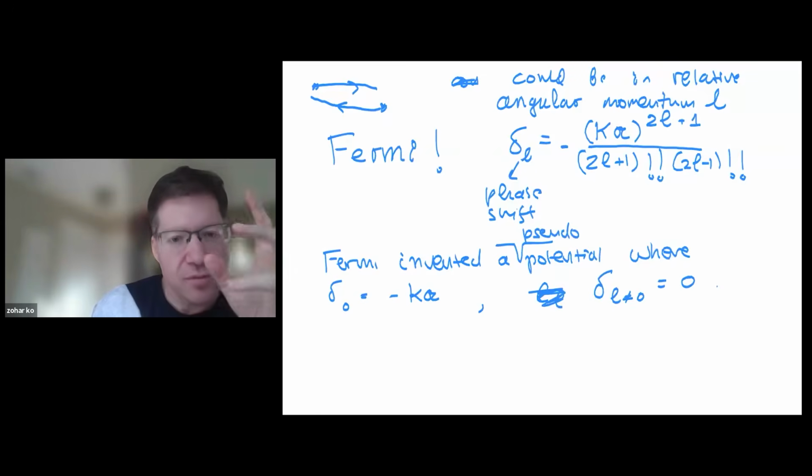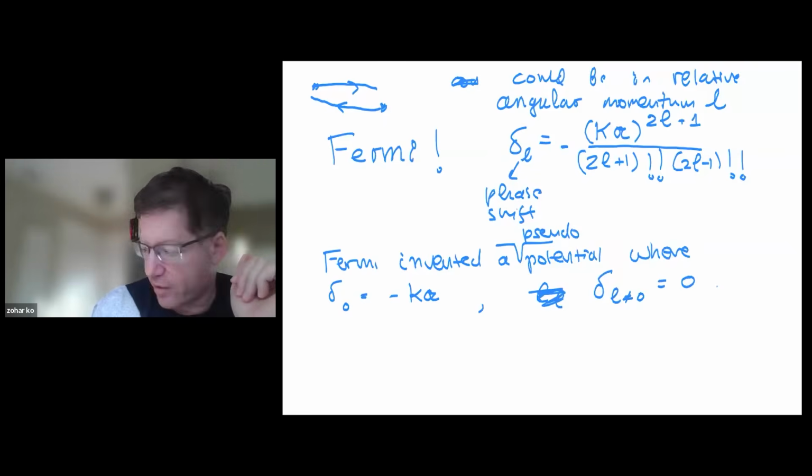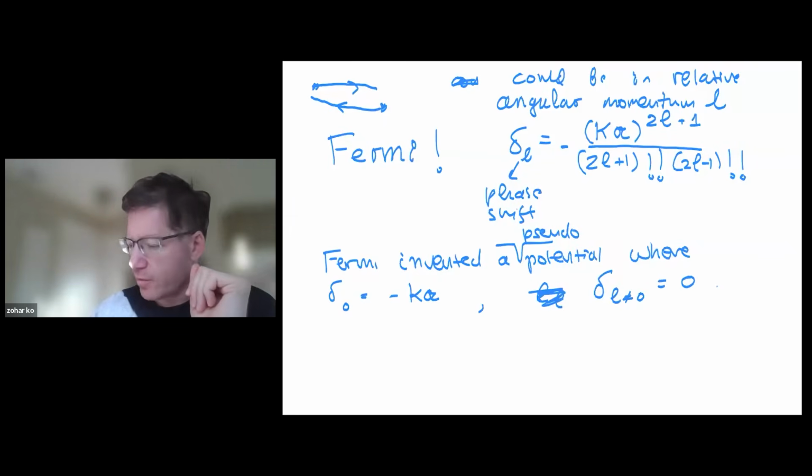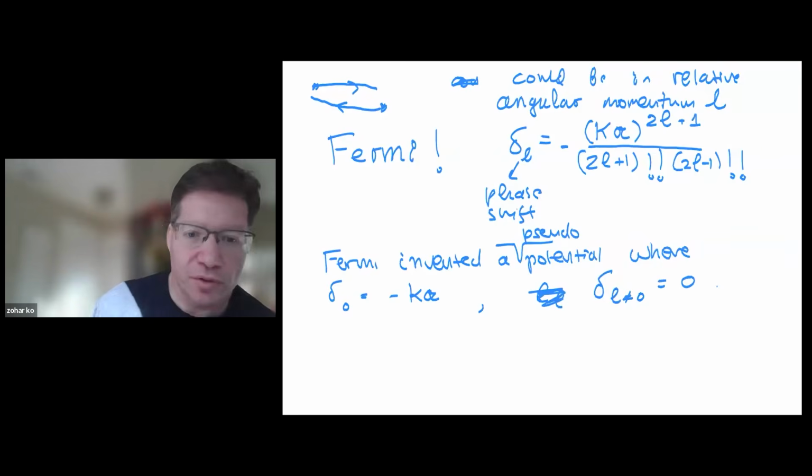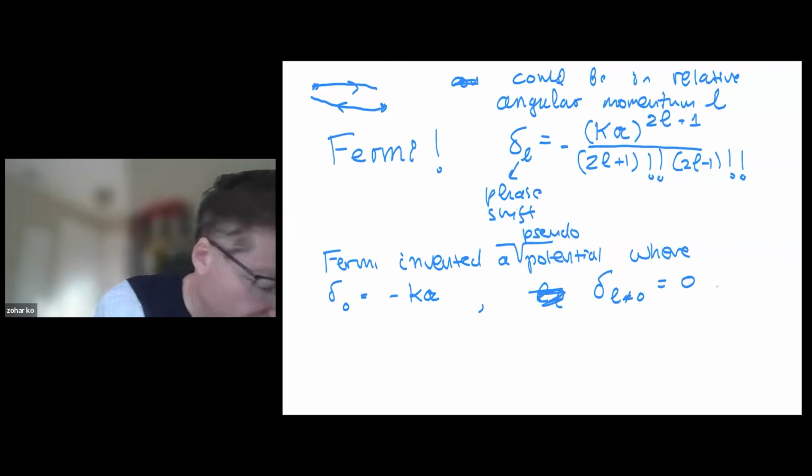It's not a delta function, though. It's actually a derivative of a delta function. It's some kind of distribution. It's a very popular approximation for dilute gases and for nuclear physics to assume that particles interact in this way, for instance, for pions. So that's what we will assume: particles in a bucket at 0 temperature interacting with the Fermi pseudopotential, where only scattering in the 0 angular momentum channel can occur.